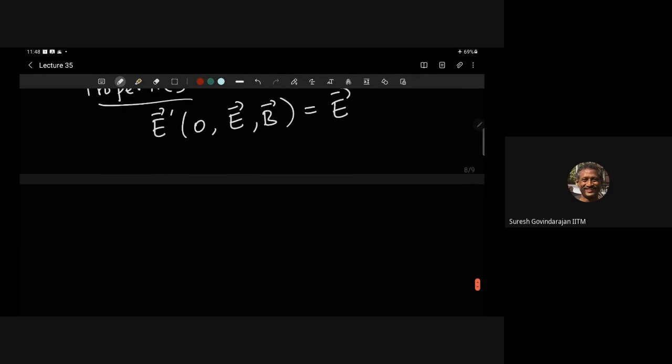We also assume that they align their axes, so no rotations, nothing is going on. Right? Similarly, B prime of 0, E and B should be B. Right? Same thing. So this is the first property. Second property is linearity